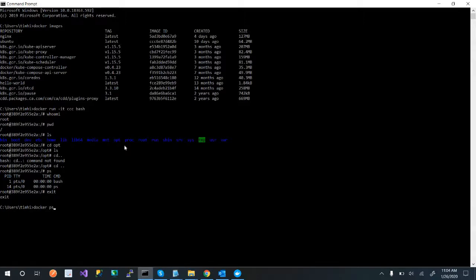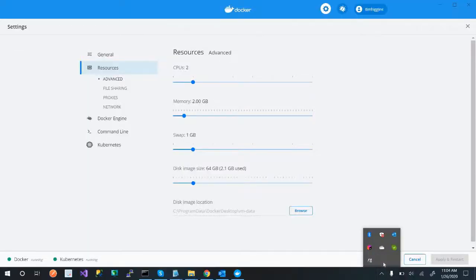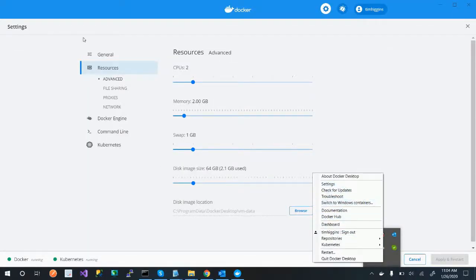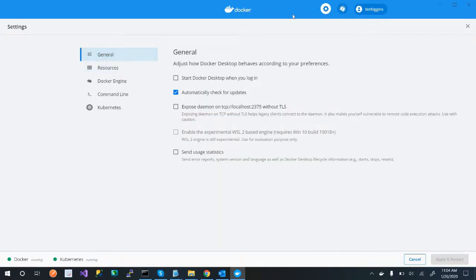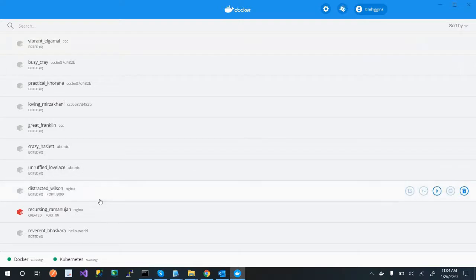Now, the other thing I meant to show you is how I got here: right click again and do dashboard. This is your dashboard. If I look here at the beginning of the dashboard, I'm in settings. So let's get out of settings. Let's just start over so you can see. You hit this X to get out, by the way. It shows me everything that I have running, my containers that are running. This one errored out because of port 80. That's how I figured it out. I can't use port 80 because I think TDM, another product, is using port 80.